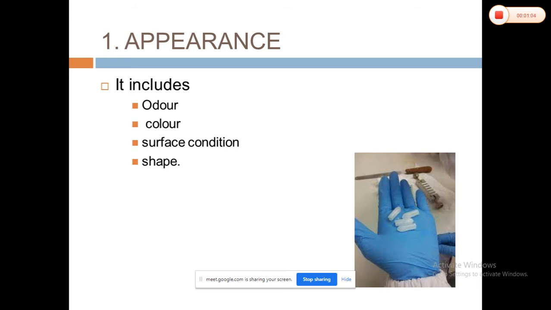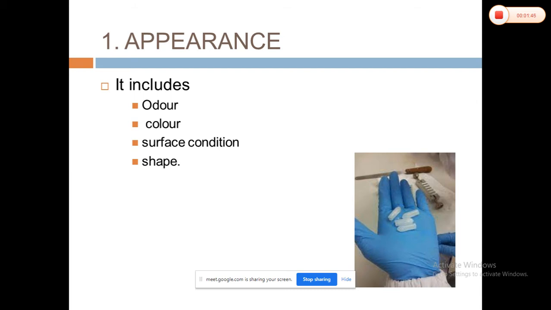In this physical appearance test, the British Pharmacopoeia states that when we cut the suppositories longitudinally and examine them with the naked eye, the internal as well as the external surface of the suppository should be uniform in appearance. Complying with this standard indicates satisfactory subdivision and dispersion of suspended materials in the suppository. So along with odor, color, surface conditions and shape, you have to analyze how the particles are dispersed in that specific suppository.